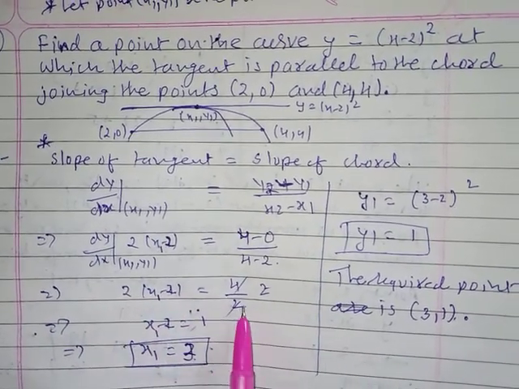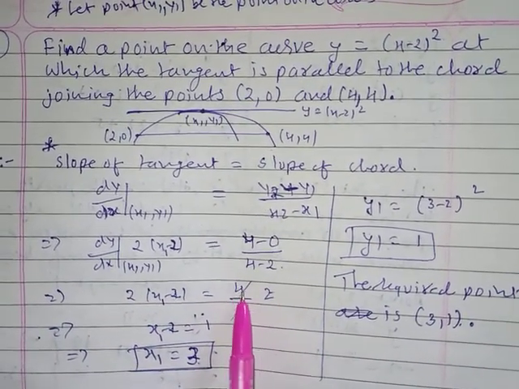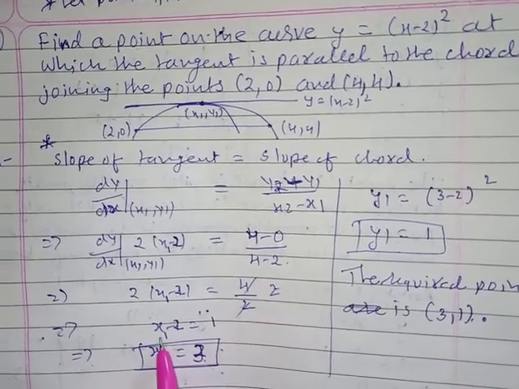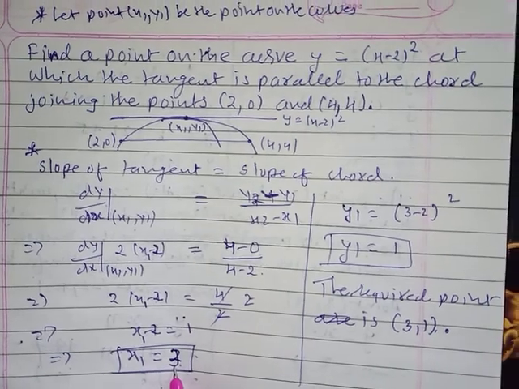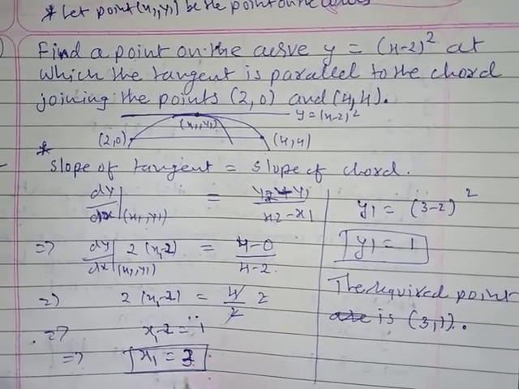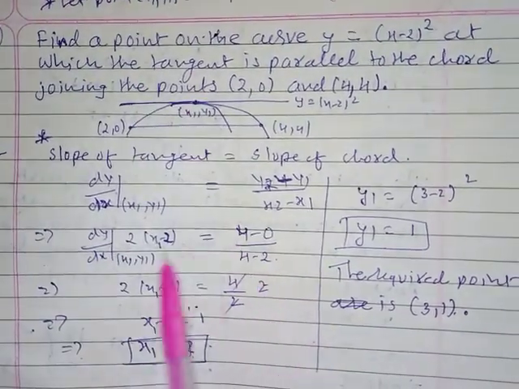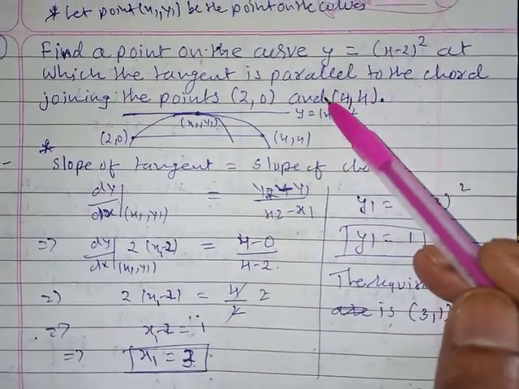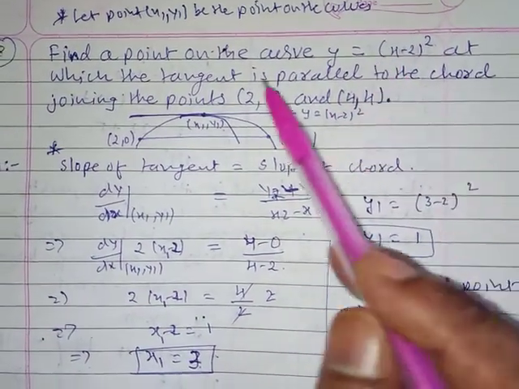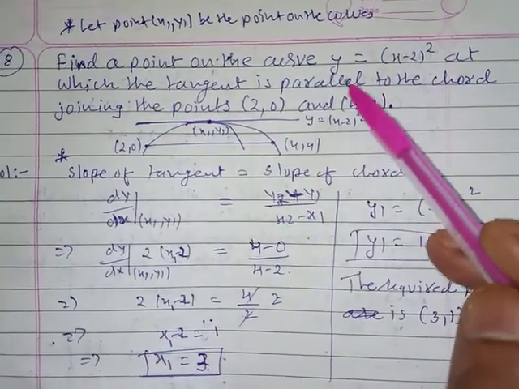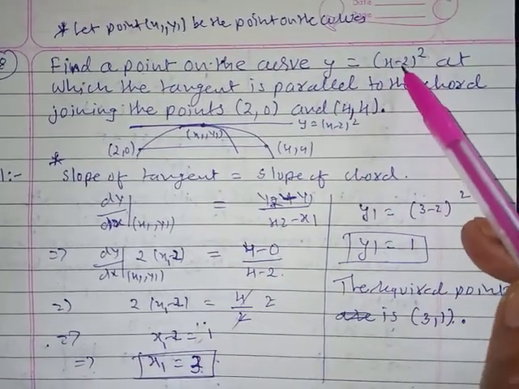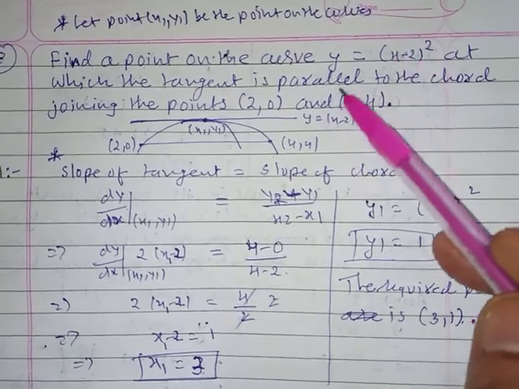This is so 2. So 2 and 2 cancel out. If you bring the 2 here, it will divide 4 by 2. So x1 minus 2 is equal to 1. Then x1 is equal to, what do we get? 3. Now how will we get the point? Anyhow, we have to see what is given. From there we have to find, whenever the question is given to find the point, we have to see what two things are given.